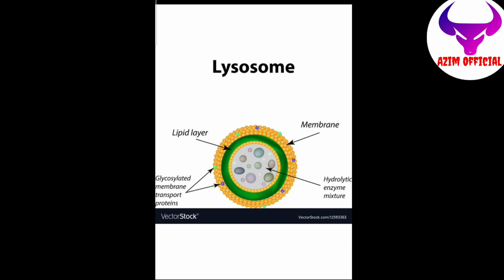So this is the lysosome. As we are saying, the lysosomes are the vesicular organelles. From where do the lysosomes form? Which organelle creates lysosomes? Golgi apparatus. Yes, Golgi apparatus. As I said just a few minutes ago,